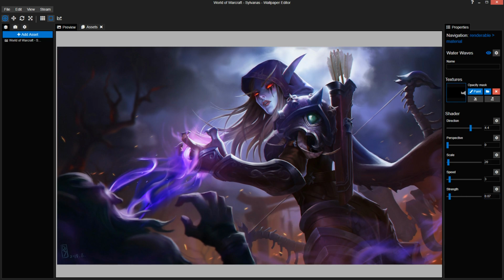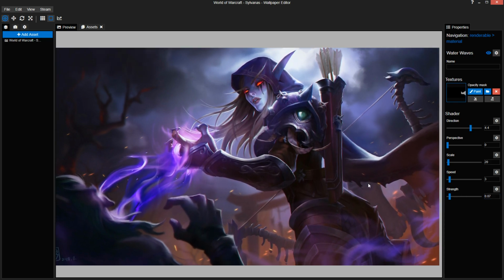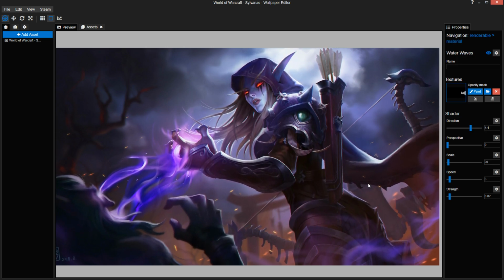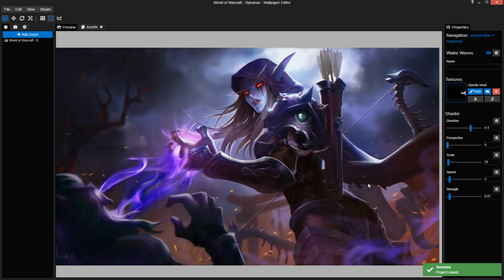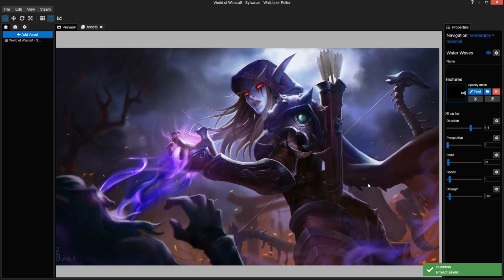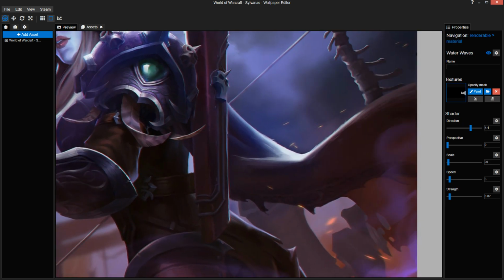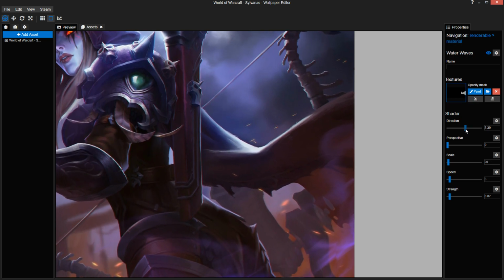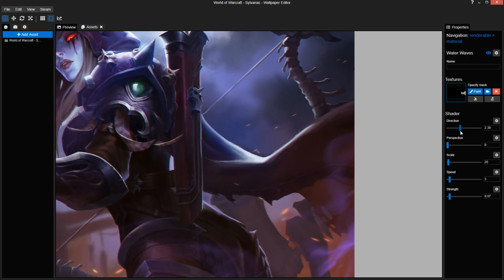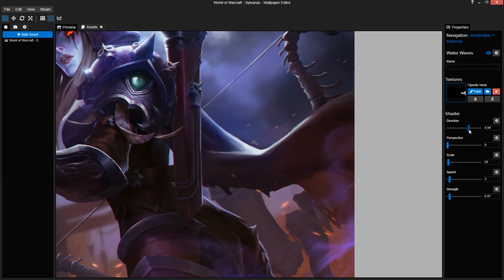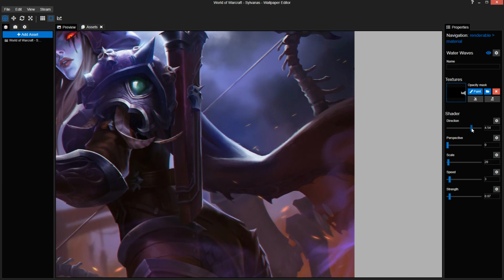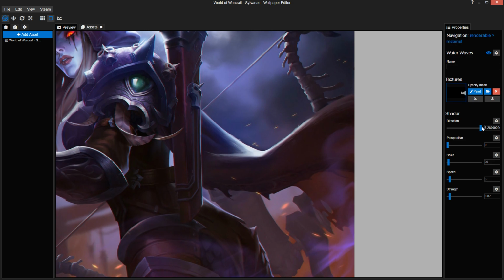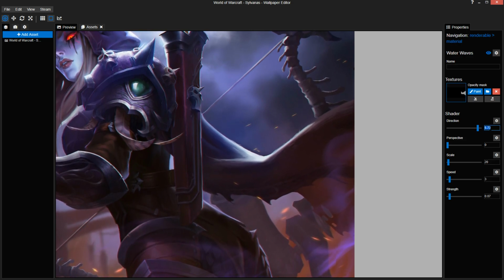Reduce the strength a bit, as the cape isn't really supposed to move on its own. The water waves are supposed to amplify the shake effect of the bodies. So I think I'm going to keep it as this. I might even change the direction a bit, because that might be causing a problem. It becomes a lot harder to accurately change the direction when you've already done all these things. No, I think I'm going to keep it on 4.4.